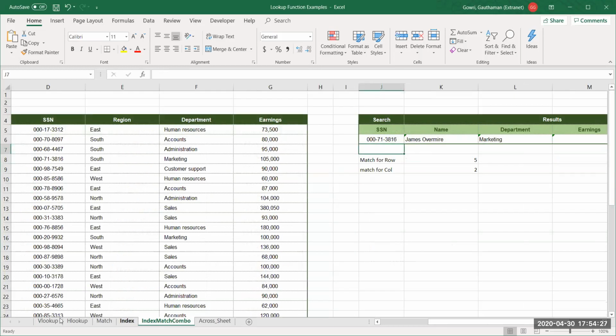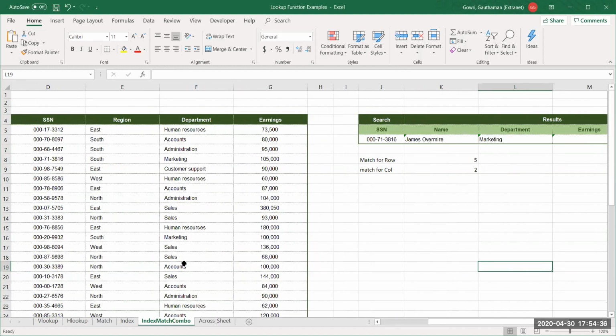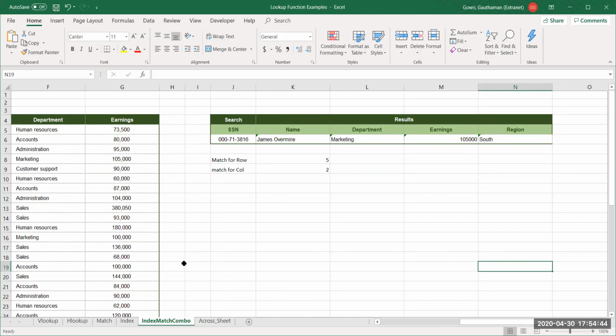Any other doubts in these lookup functions? Ma'am, when you're using VLOOKUP or HLOOKUP or INDEX and MATCH, does the absolute reference need to be used? It all depends on the situation, Sumit. The dollar symbol is compulsory to freeze that row or column, because we have used it here.